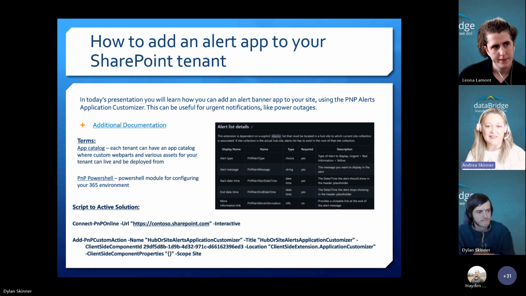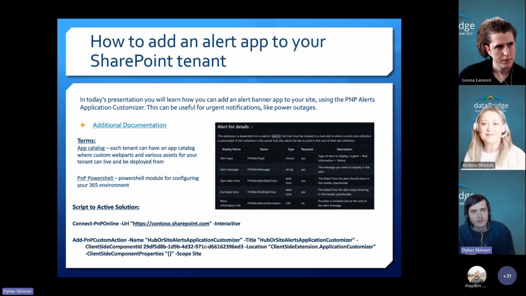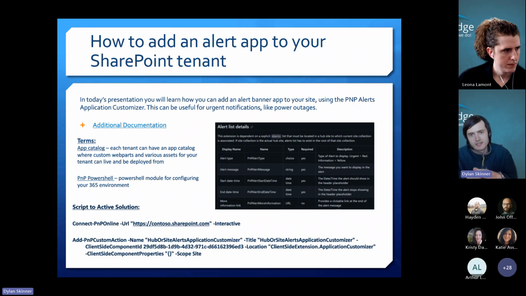So let's take a look at this option. Over to you, Dylan. Hey everyone, we'll walk through, and you'll learn how you could add this yourself, this alert